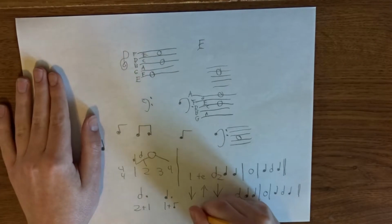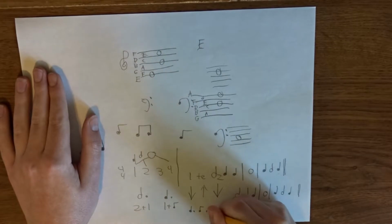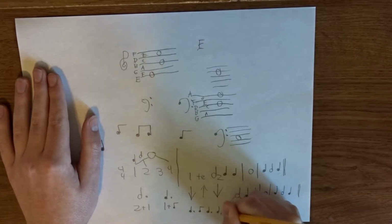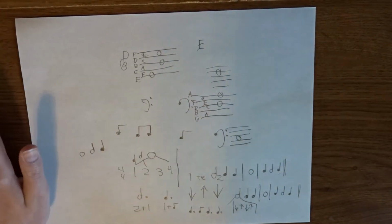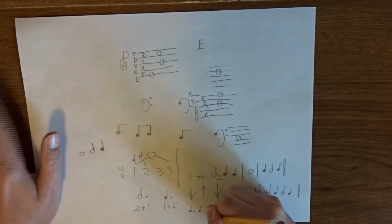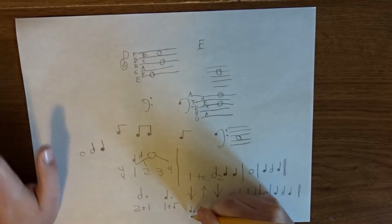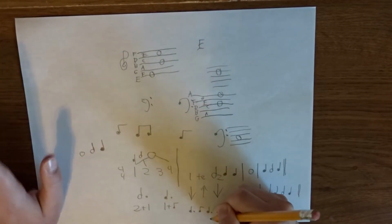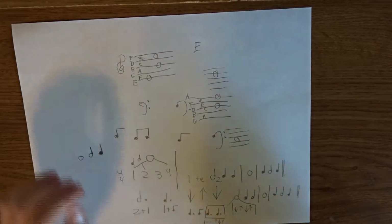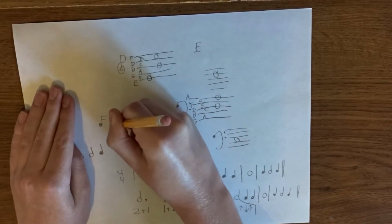So if you had like a dotted quarter, an eighth, a dotted quarter, and a dotted quarter, this won't add up to 4, but I'm just showing you. You would have 1 te, 3 te, 1 and 2 te, 3 te. So that's eighth notes and dots, and this or this